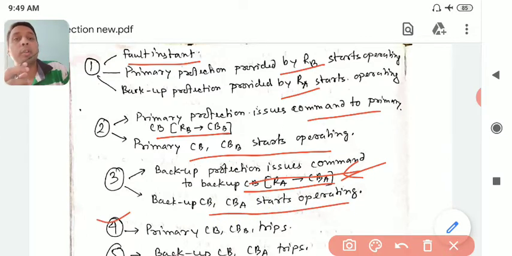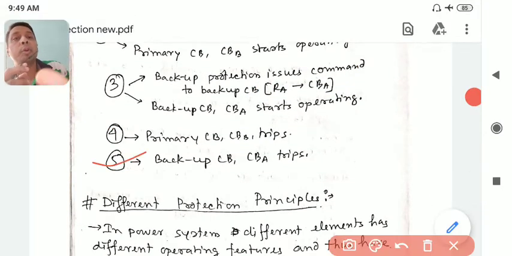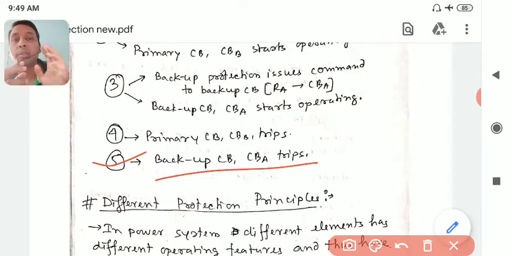So now in 4, the primary circuit breaker, that is CBB, has already tripped. But as you have given a signal to the backup before this trip happened, the backup will also trip at the 5th instant. So both operate here, which is a maloperation, which is not desirable. Primary is operating here, secondary is also. Desirable was that if primary is not doing its job, then secondary should do its job. Okay, that's all between primary and secondary.